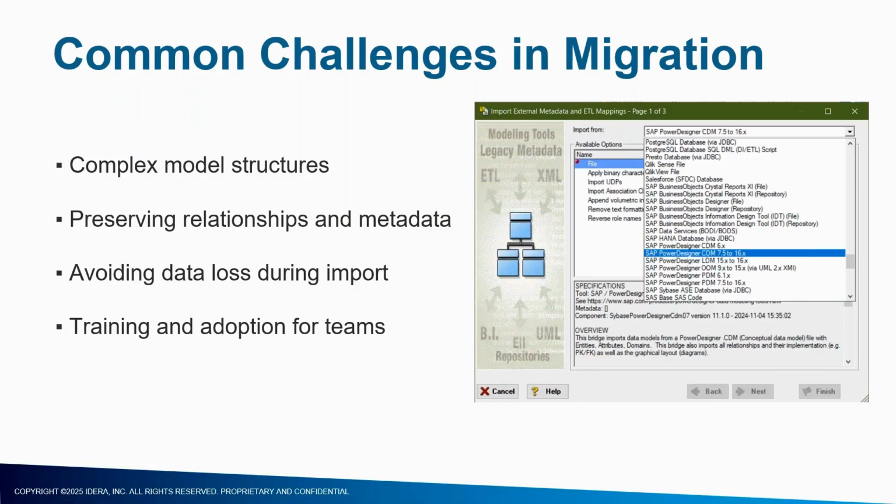If you have created some domains such as, for example, a postal code, a zip code, that you will have defined with a data type of varchar, for example, with data length of 20, and you put a definition for the zip code and so on, then every time I use an attribute or a column that is for a postal code, I will reuse this domain. So you have defined this in your Power Designer, and you want to get this domain, so it will be automatically migrated during this import in ER Studio.